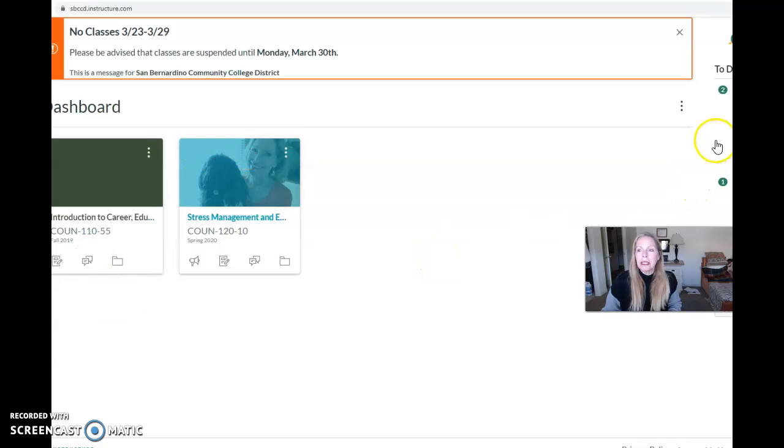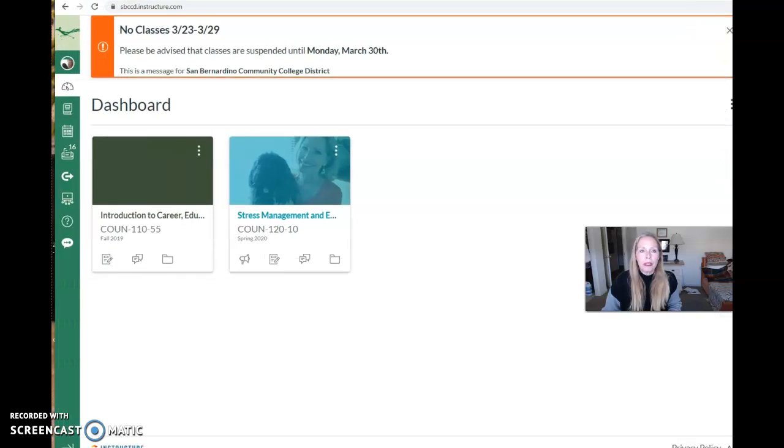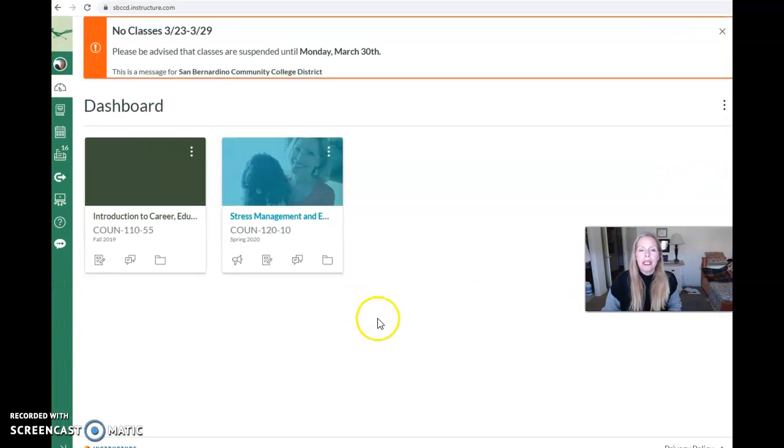So what you're seeing now is my dashboard. These are all called dashboards. Your dashboard will not look like mine. It will have all the classes, little squares for all the classes that you are currently enrolled in. But it should include the stress management class here with my little picture, my little dog's picture, okay? So you're going to click on that,